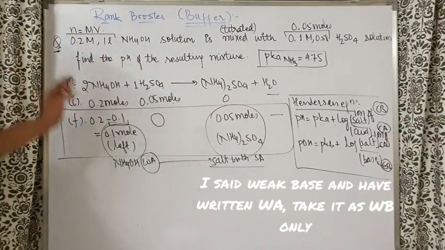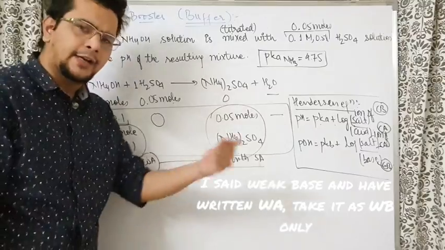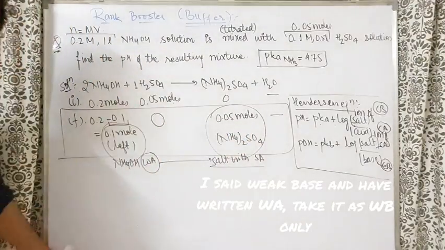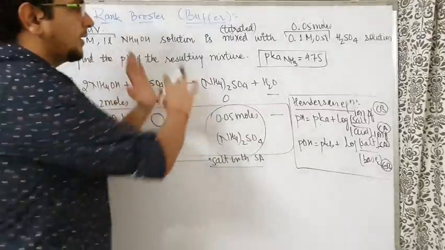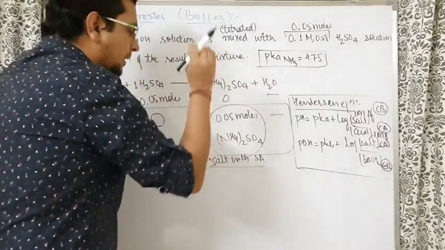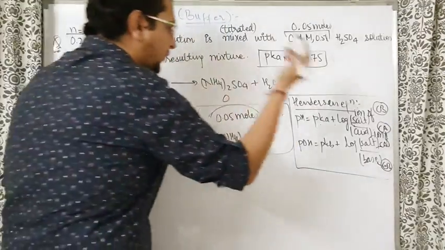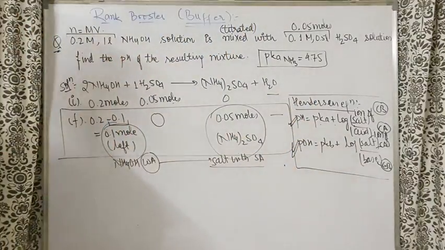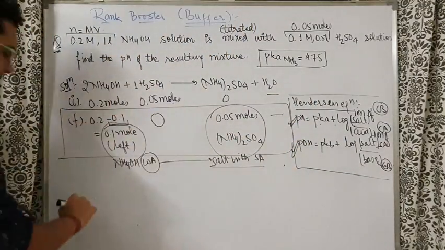So it is looking like a perfect buffer, like in the last question on the identification of buffer. The same buffer I gave you as one question also. So it's a buffer. So we understood our enemy in this question: the buffer topic. In a buffer, the formula we use for finding the pH or pOH is known as the Henderson equation. I will apply the formula.